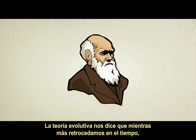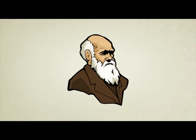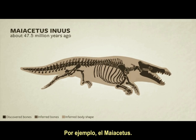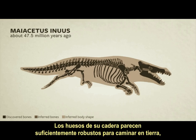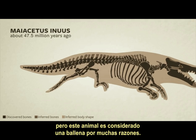Evolutionary theory tells us that the further we go back in time, the harder it should be to distinguish whales from normal land mammals. Meet Myocetus. The hip bones of Myocetus seem sturdy enough to walk on land, but this animal is considered to be a